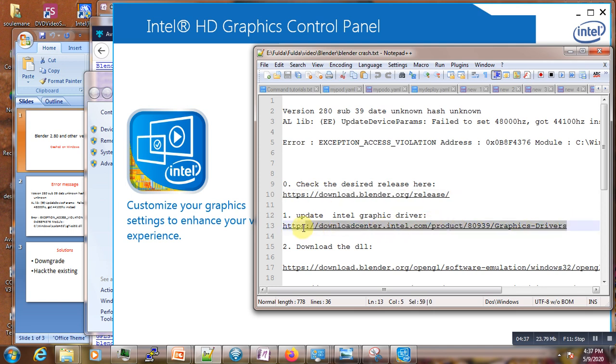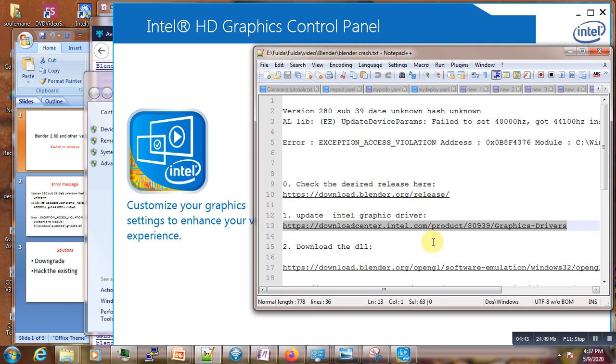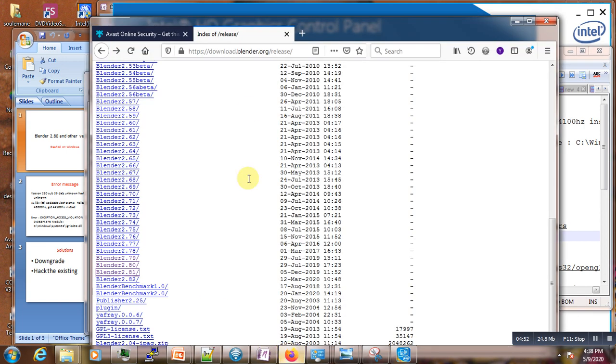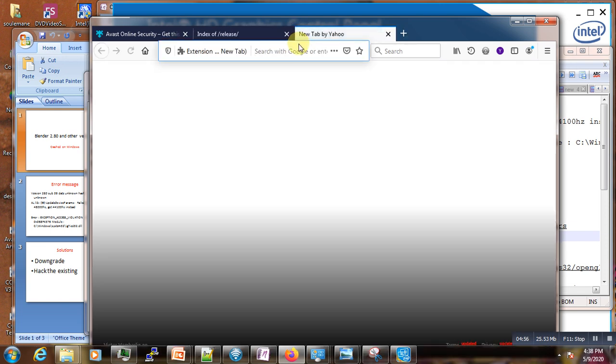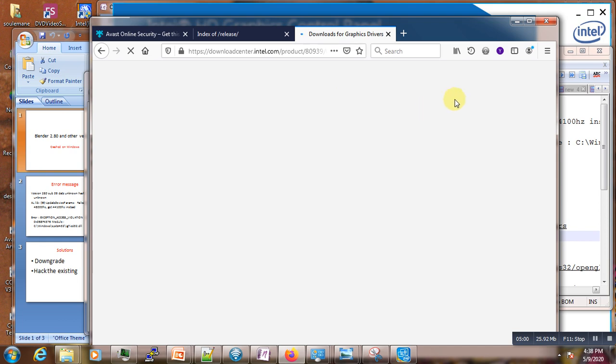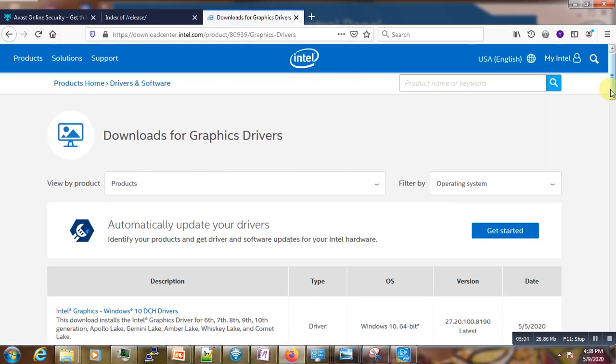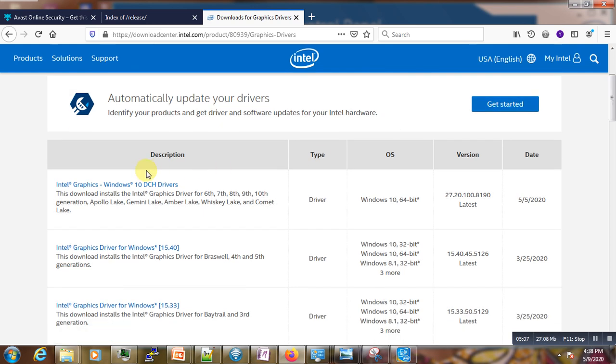You have to get the latest driver from your Intel, your motherboard manufacturer. For example here, as my motherboard is Intel based, you can select the driver that you want, which corresponds to your operating system.